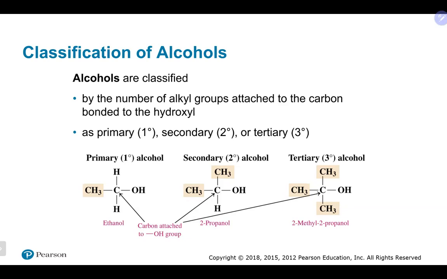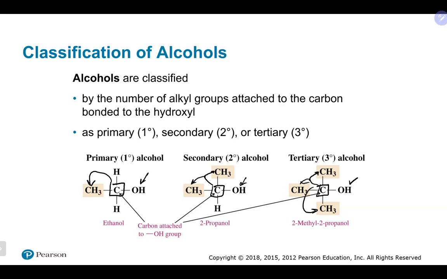When we go to classify an alcohol, you always want to look at the carbon that has the OH attached, and really how many carbons are directly attached to that. So in this case, there's just one. You want to look at the carbon that has the OH attached and how many carbons are directly attached to that one, which in this case is 2, which makes it a secondary. And the carbon, once again, that has the OH attached, directly attached to that carbon is 3 carbons, which makes it a tertiary alcohol. So primary alcohol, tertiary alcohol, and secondary alcohol,